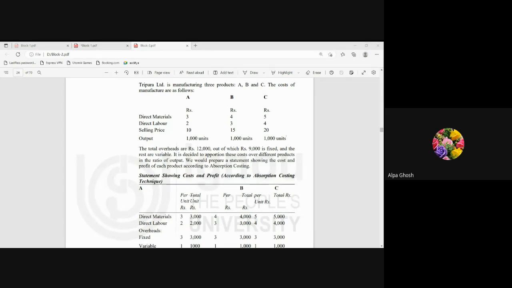So we know that the total fixed expenditure for all the three units is 9,000. So what is the expenditure allocated to one unit? It is 9,000 divided by 3. So per unit it is 3,000. And when the variable total is 3,000, you divide it by 3. So per unit cost it is 1,000. Now you add all the components, all the expenditure under each unit. So when you add the total for the first, that is A unit, it comes to,